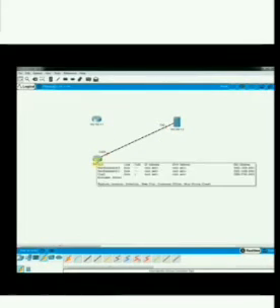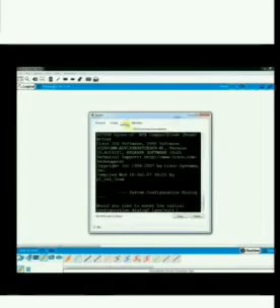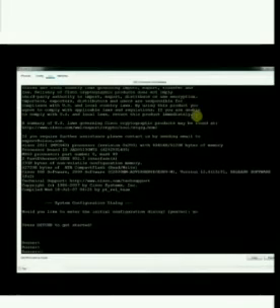Now if I buy another router from Cisco, a new router, I need to copy the same configuration that I have in this router. So how are we going to restore the configuration which is present on this server to the new router? I am going to teach you that now.